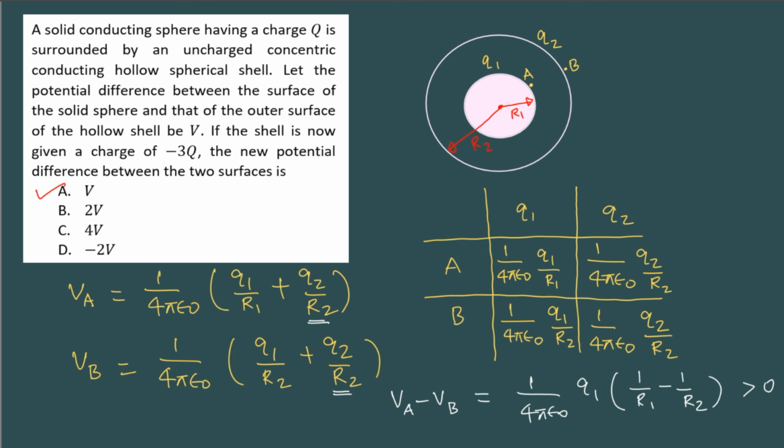Another consequence of this is, suppose you take a metal wire and connect the inner sphere to the outer shell. The inner shell is always at a higher potential than the outer shell, and this is going to be true as long as there is some charge on the inner shell. So whatever charge the inner sphere carries, it will immediately get transferred to the outer metallic sphere.